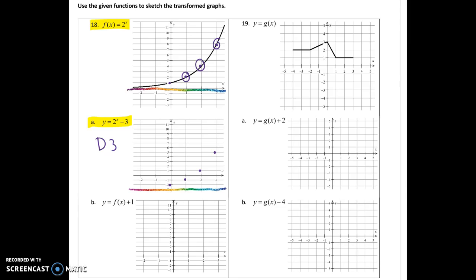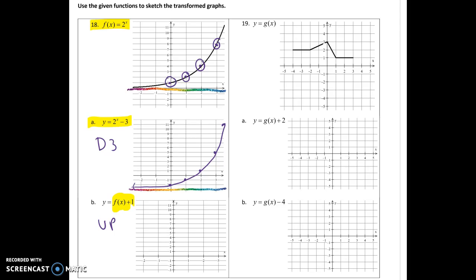But now I'm going to connect my points. It's going to coast along the wall and then go up. So it should be the same size. It's just in a different spot. And then B is just asking you to do the same thing, except they're saying f of x instead of the 2 to the x. But this 1 is out of the house, so the shape is going to be going up 1. So again, this point,